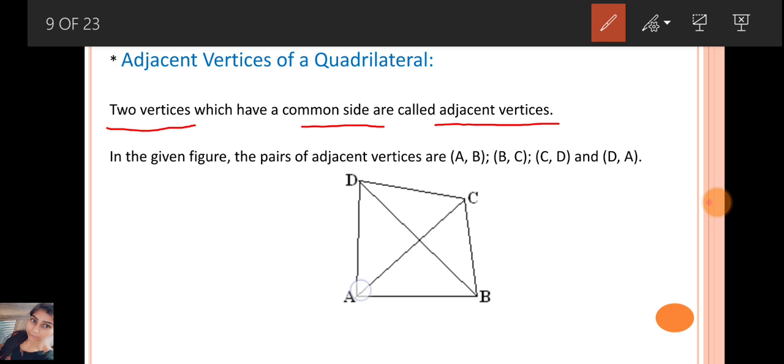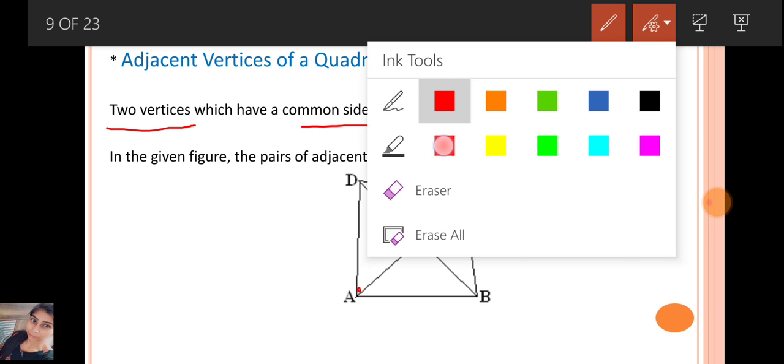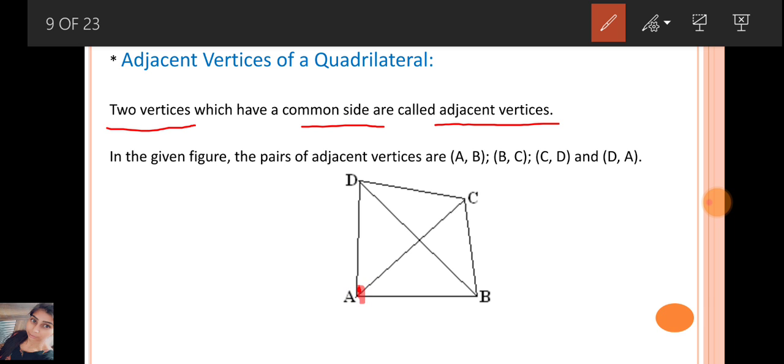So let us take this point A. Now just see, if I take this line, it goes till B, so that means they have a common side, A and B. So A and B are a pair of adjacent vertices. Next, B and C have a common arm or common side, so B and C is the other pair of